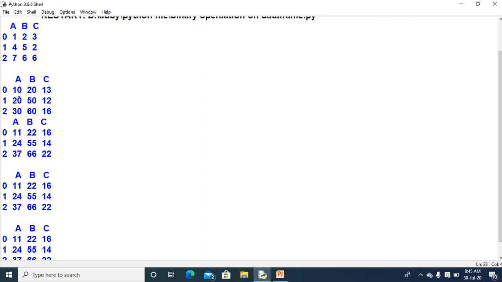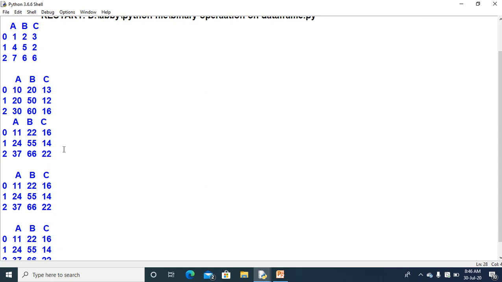So here 1 plus 10 which is 11, 20 plus 2 is 22, 13 plus 3 is 16, 4 plus 20 is 24, 5 plus 50 is 55, 2 plus 12 is 14, and the last row now, 7 plus the last row of the second data frame 30 is 37. Then the second column's last row, second data frame last row 60 plus 6 is equal to 66, and 6 plus 16 is 22.